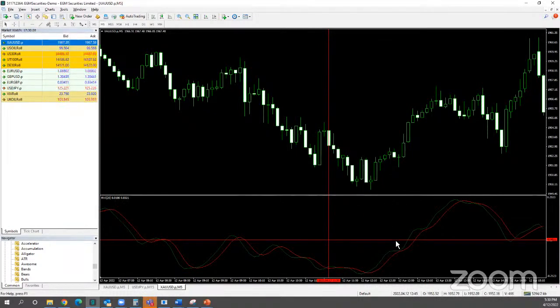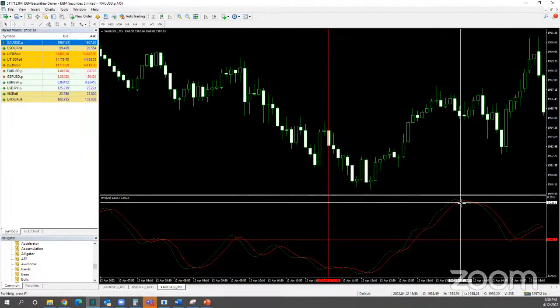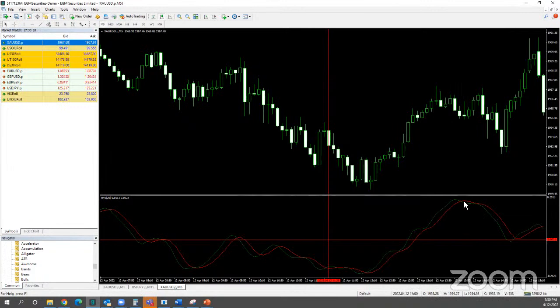Basically, use this indicator to tell when to exit your trade. Whenever prices are above the zero line, look for a bearish signal, which is whenever the red crosses the green. And whenever prices are going down, look at the indicator for when they cross each other above. That means an exit. It's a very simple trading indicator.